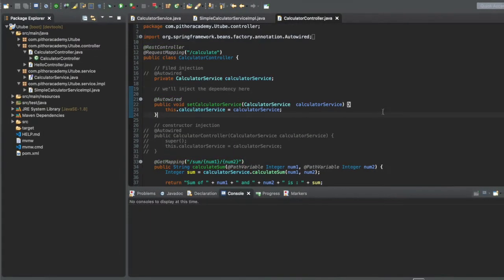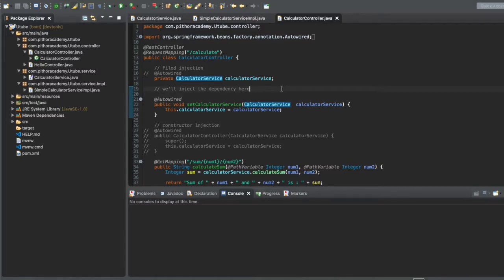What IOC container is doing is it has the bean for that calculator service type, and it will inject the bean to the setter or the field or the constructor. So these are the types how we can inject the dependencies on a field. Then the second thing is the type, which actually identifies the bean.